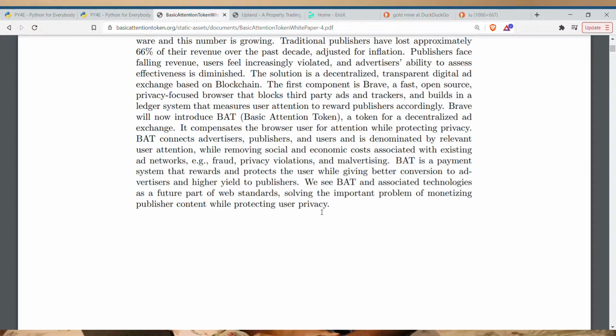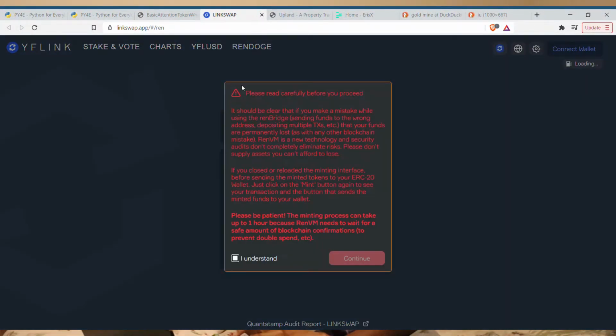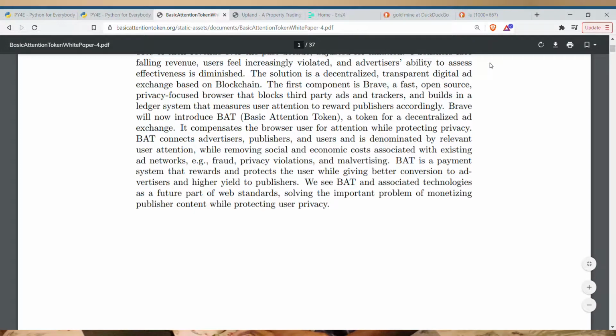And then you get these notifications that are ads. So this is an ad. I hope it actually shows this. Let me just click on it. Okay, well, I'm not gonna do all that stuff. But you can click on ads or just view the ads and it gives you Basic Attention Token. Let's see what that is.